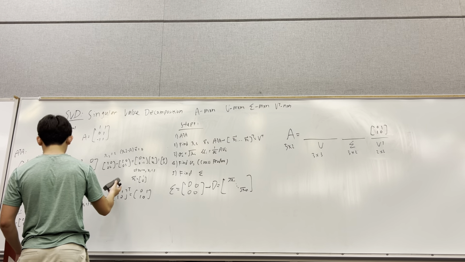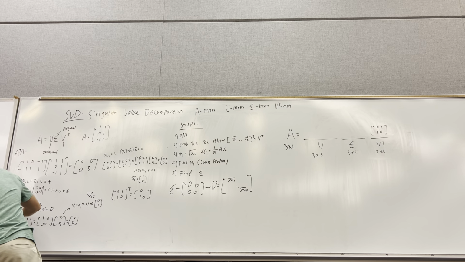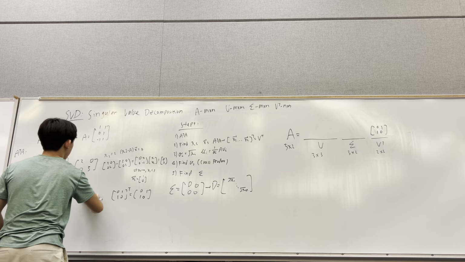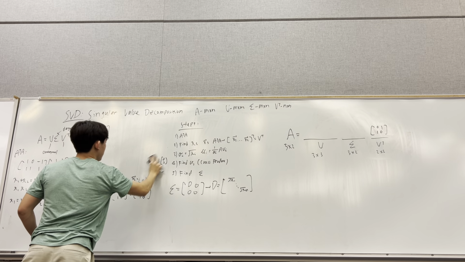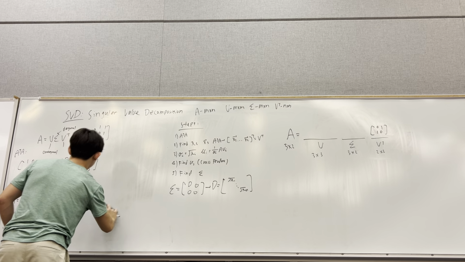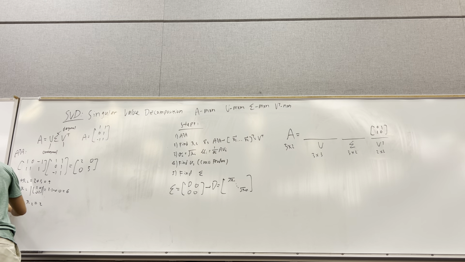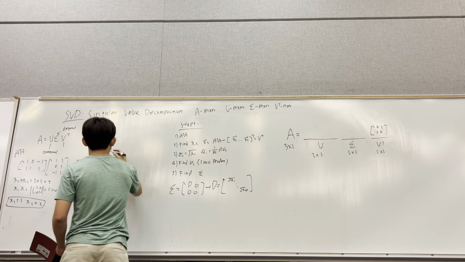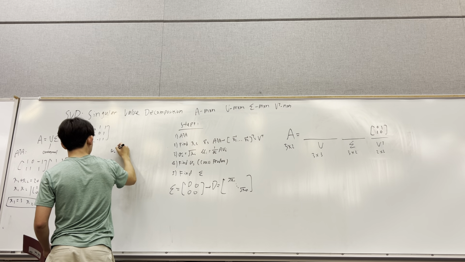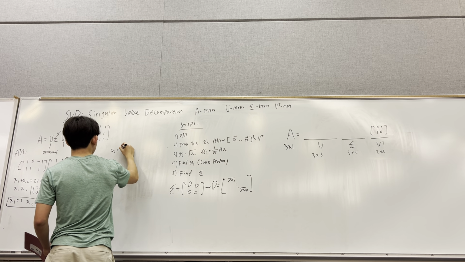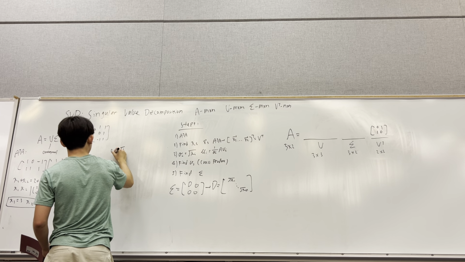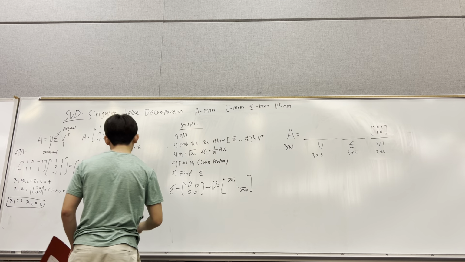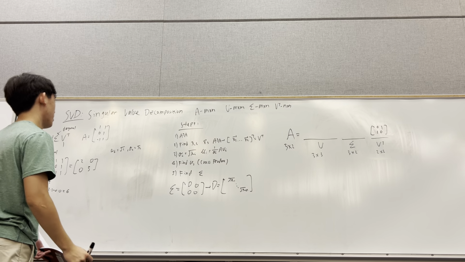Let me go ahead and erase this. So here are our two eigenvalues. Sigma 1 is equal to square root of 3, and sigma 2 is equal to square root of 2. Okay, so now we can find